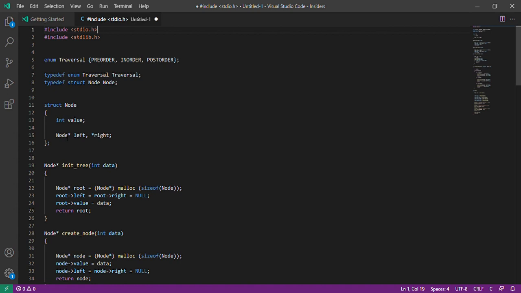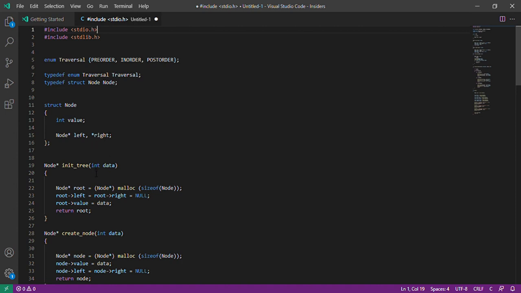The node is a pointer to the left and right children. This declares the pointers to the left and right children.